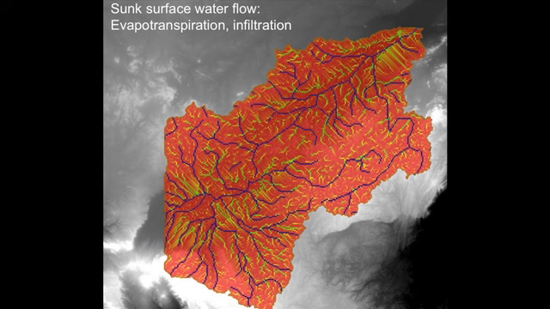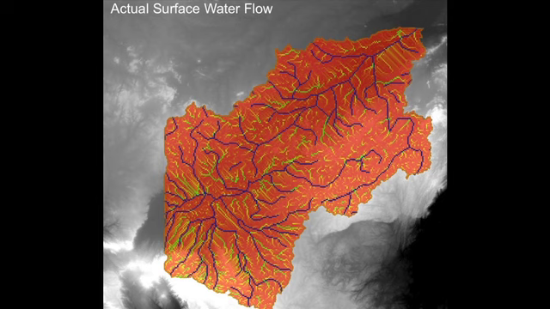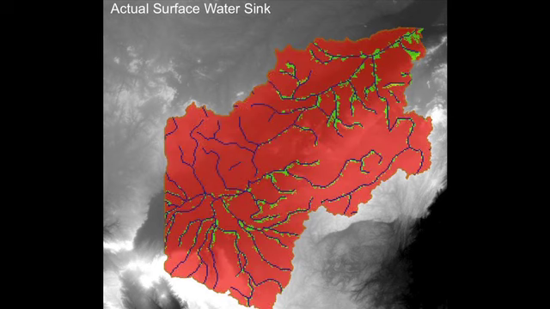And then you have to go through the hard work of figuring out evapotranspiration and infiltration into the water to figure out what your sink surface water flows are. Those of you who haven't seen ARES applications before, this is just your classic progression from supply to demand, if you will. This then lets you tease out what the actual surface water flow is that we have to work with, and the actual sinks. So now thankfully the model's putting water into the river corridors, which is good.